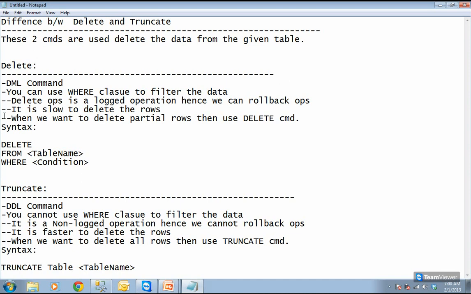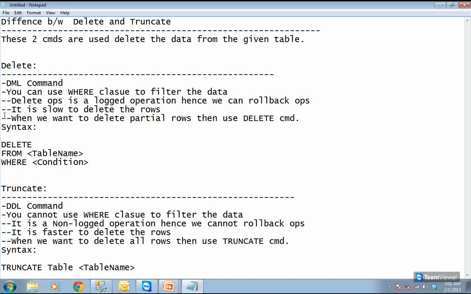But the problem is, if something happens tomorrow and I need the data back, then the truncate command will not support that. For example, you're deleting sensitive data, and tomorrow your team lead or your manager comes and asks, hey Bhaskar, you have deleted lots of records yesterday, right? I would like to get those records back.